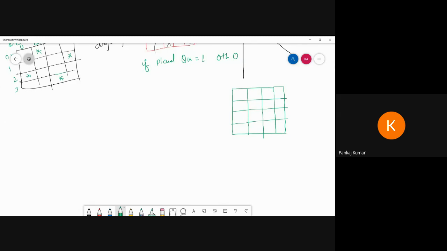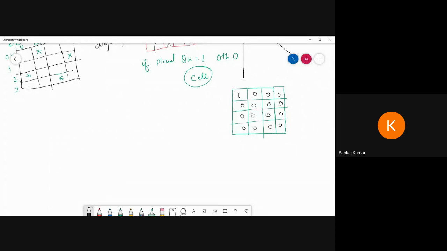Now see what happened. All these cells we can treat as cells. We can create a cell, and here I can place one queen and the other parts are zero. Suppose this is the initial phase we can consider: the first row and the first column, the place where we can put the queen.